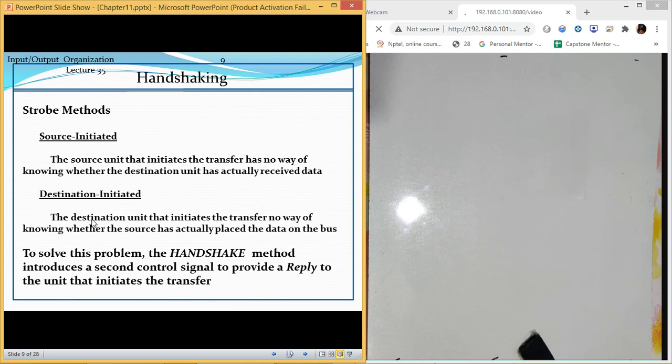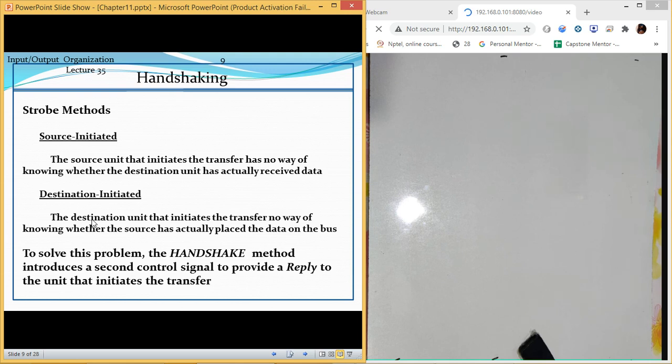Sometimes you send the data and it is not received on the other end, then you have no response from the destination in the case of strobe. But in the case of handshake, you will get a response. So it will make your data transfers more reliable.